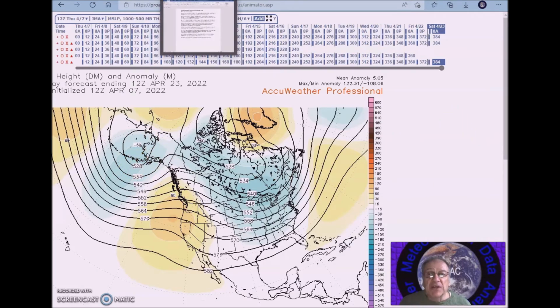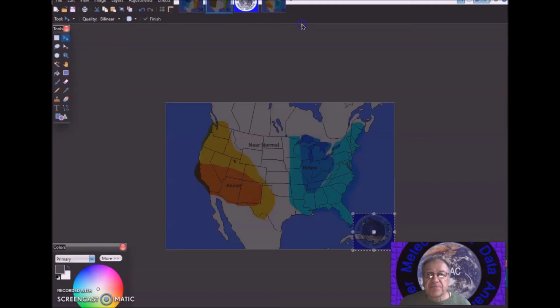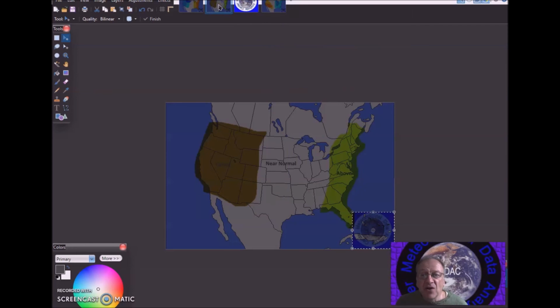So for this forecast period, I'm calling for above normal temperatures here, and I'm calling for anomalies to be near 6 degrees above normal, highest anomalies here. Below normal temperatures are forecast from the plains to the Atlantic coast, and I'm forecasting anomalies to be about 2 to 6 degrees below normal. And for precipitation, I'm calling for little change in the precipitation anomalies from the previous period due to conflicting signals I'm getting from the models. But for now, I'm going to keep it the same.